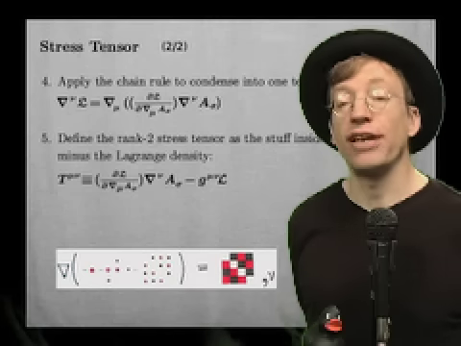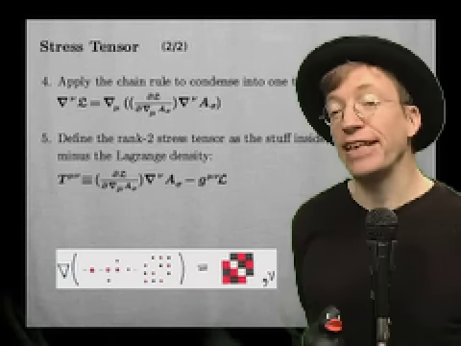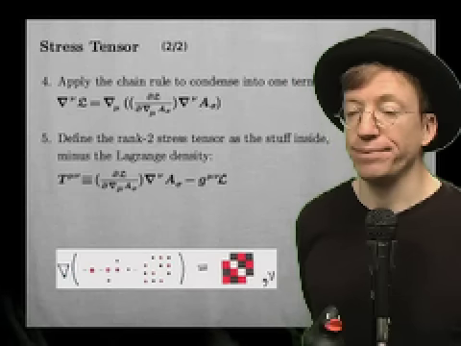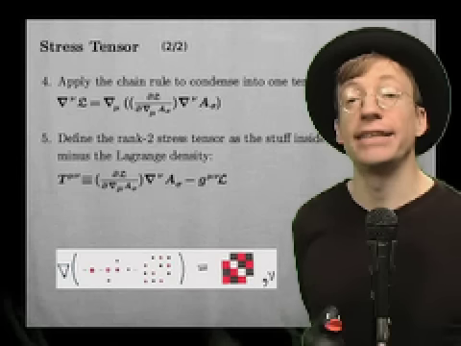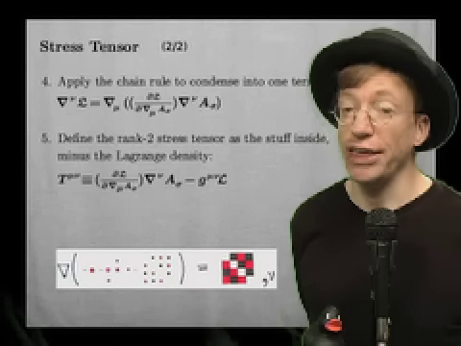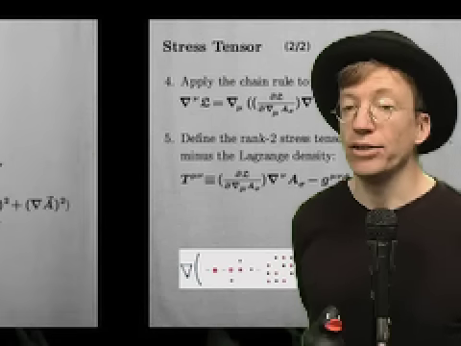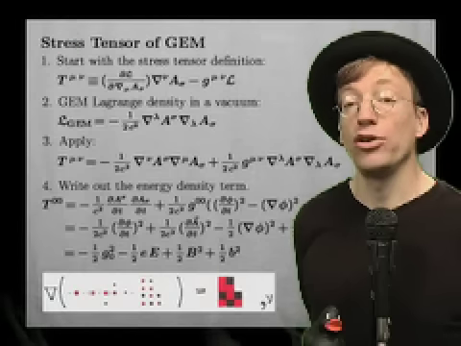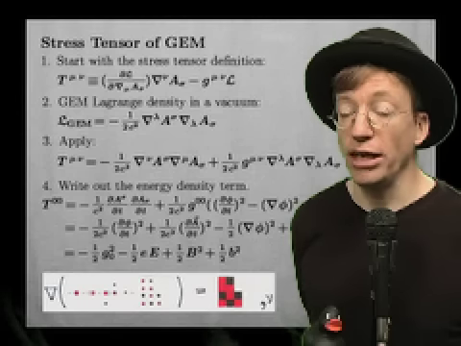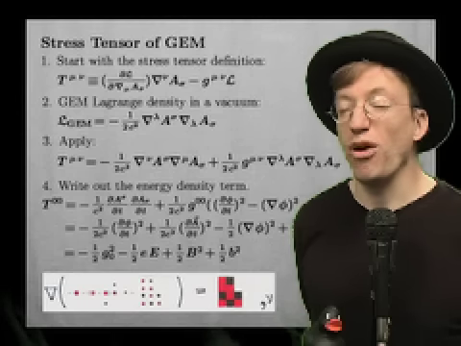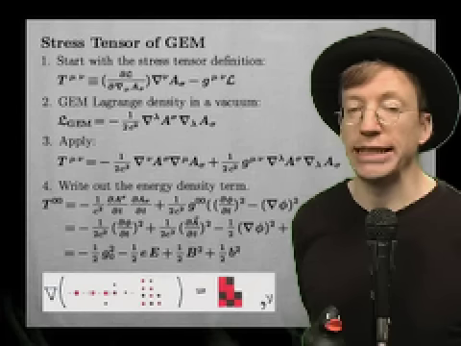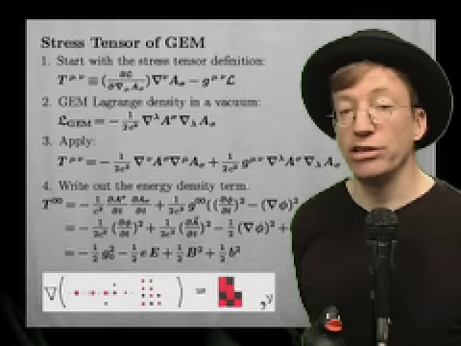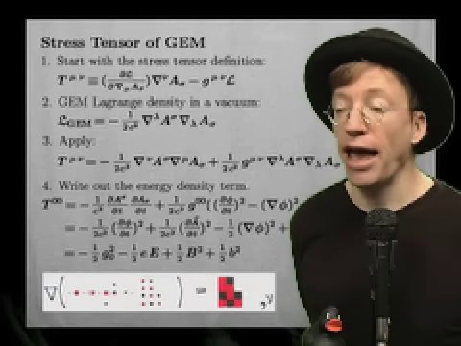Now the stress tensor is defined as the stuff inside there minus the Lagrange density. And so that is the definition of a stress tensor. So what is the stress tensor of this GEM Lagrange density? Well, you write out the GEM Lagrange density, making sure that we drop those current coupling terms because they just make things more complicated. And then we've got our definition, so we simply apply it, and we end up with